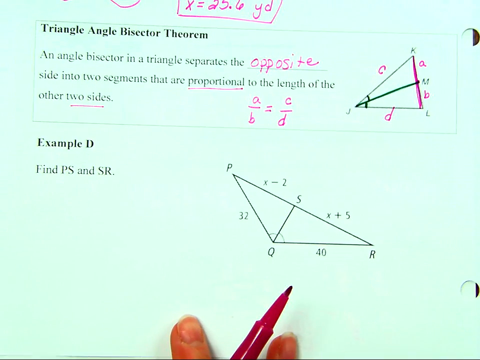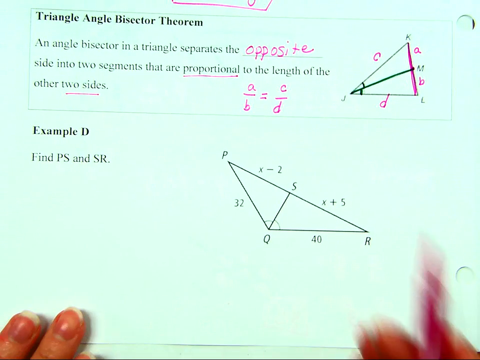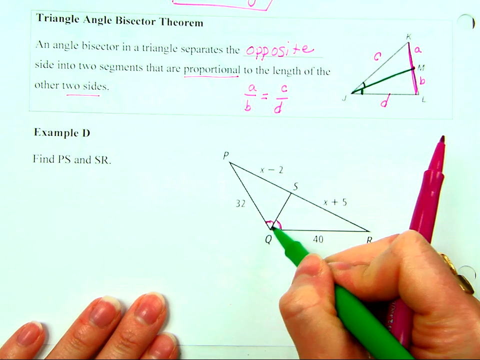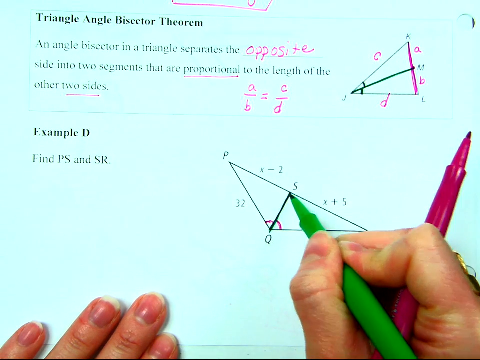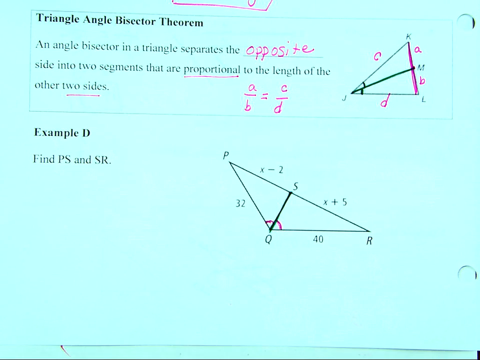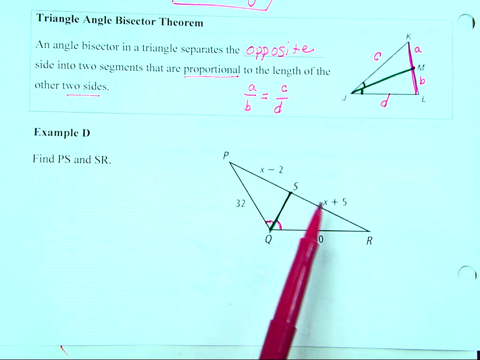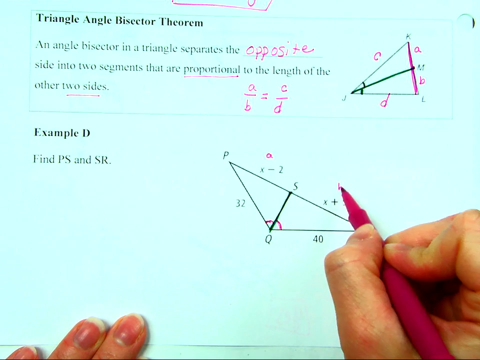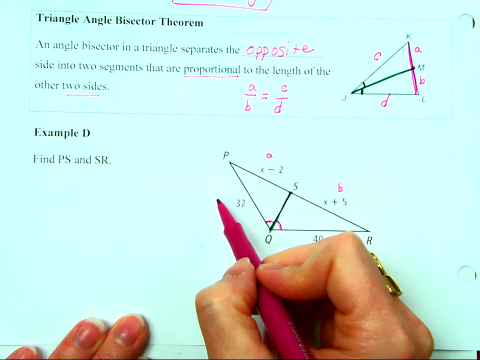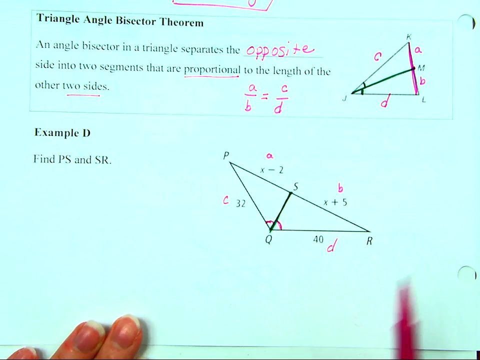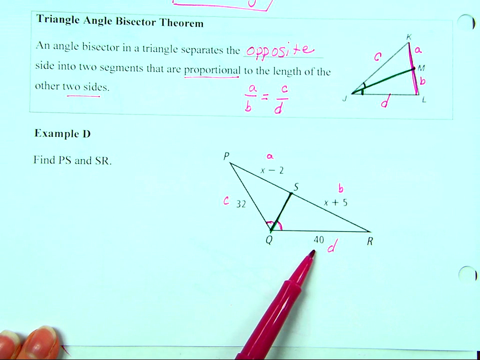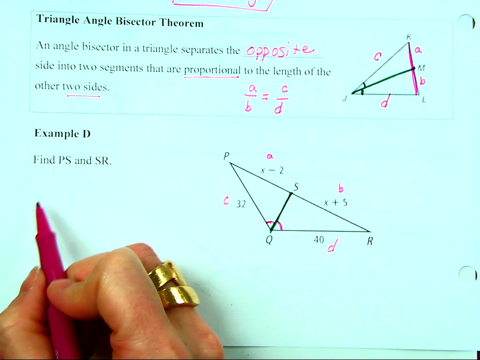But if we take a look at example D, I can see I have an angle bisector here. My segment SQ is bisecting my angle. S is not necessarily in the middle, so I'm not going to set them equal. But if I set up, this would be my A over B, and this would be my C over D. I can see my ratio of 32 to 40. Now, if I set this up and solve,